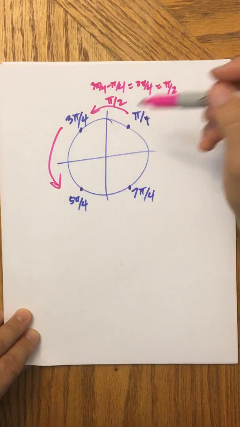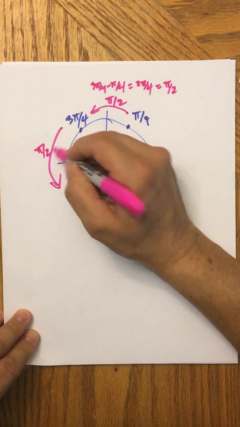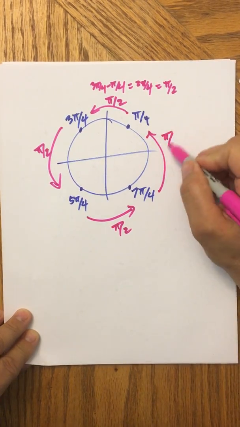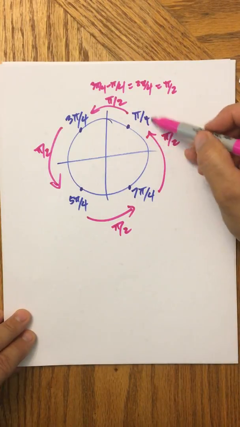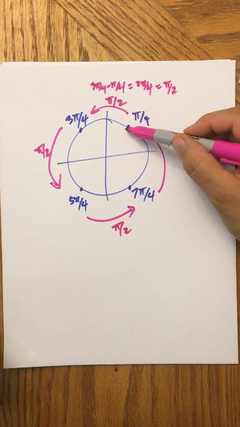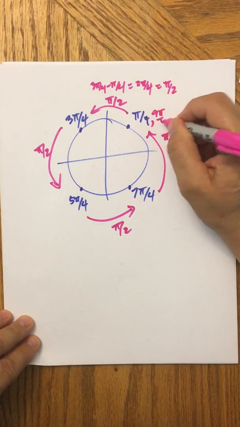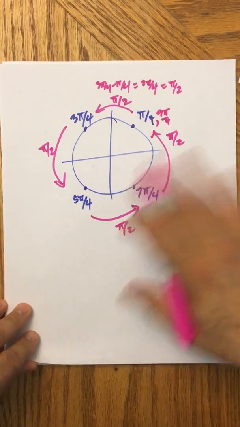What's this distance? Well, 5 minus 3 is 2. 2 pi over 4 is pi over 2. What's this distance? Pi over 2. Of course, here, again, you just have to rename this. You'd have to see that this coterminal angle would be a new angle called what? 9 pi over 4? So then 9 minus 7 is 2. 2 pi over 4 is pi over 2. So anyway,